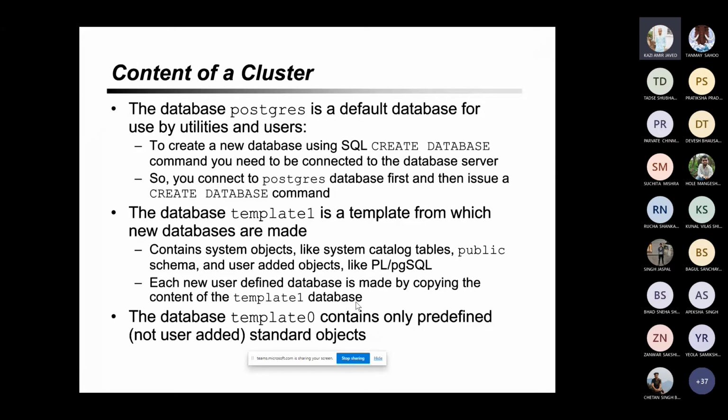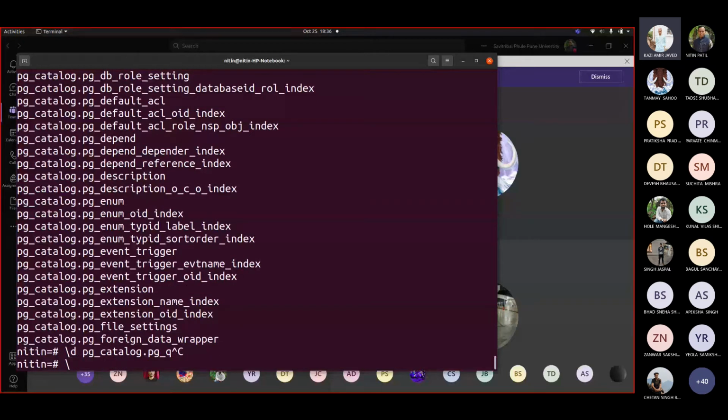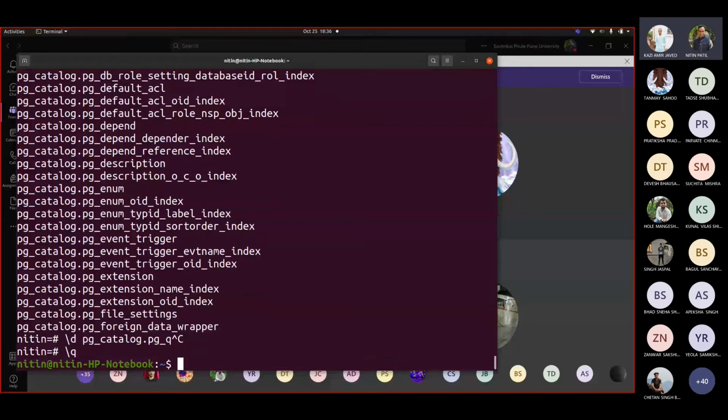For example, if I show you here, if I write man createdb, what is it showing?